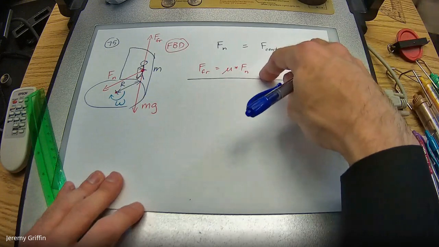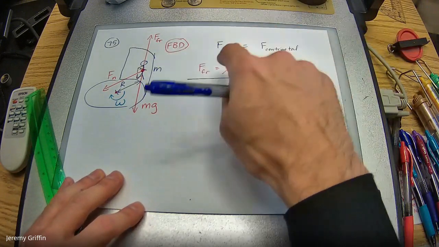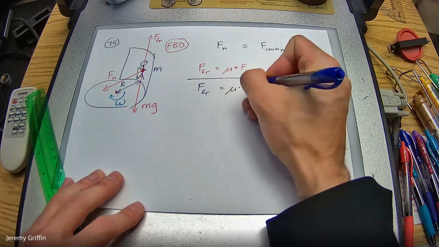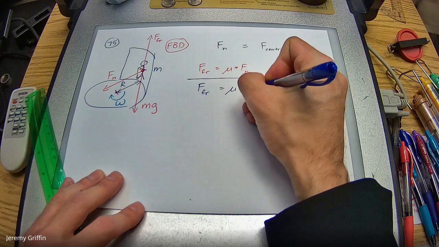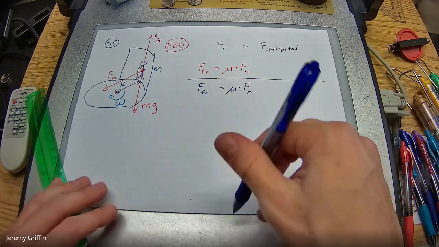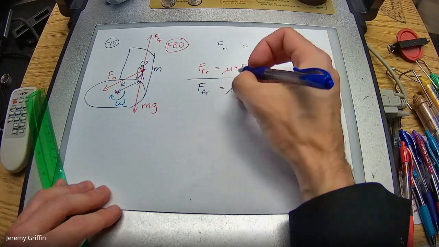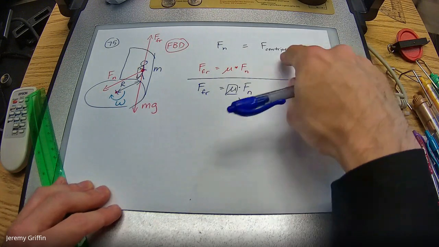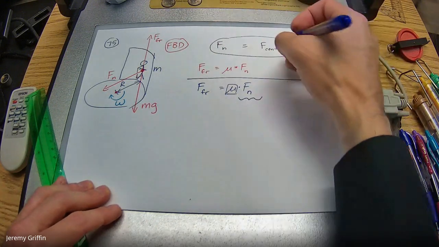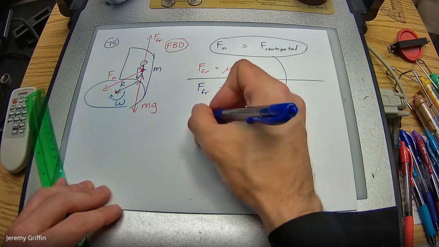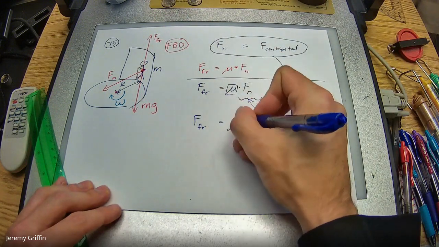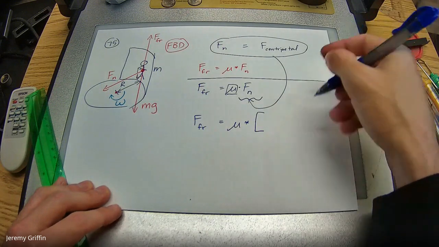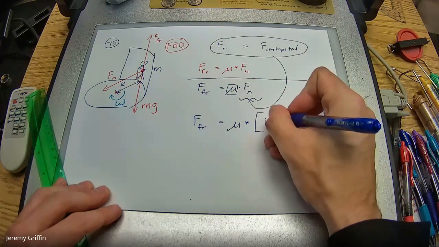All right, so both those statements are true, but I'm going to start from a different spot. Actually, I want to start with this right here. Friction force is equal to coefficient of friction times normal force. Now, we'd be interested in static friction. Let's say it has to build up to some number, so we're looking for a minimum friction value. And this normal force is the same thing as centripetal force, so I'm going to substitute it right here. Friction force is equal to coefficient of friction times normal force, but normal force is now, well, there's two versions of centripetal force. So I'll say F centripetal.